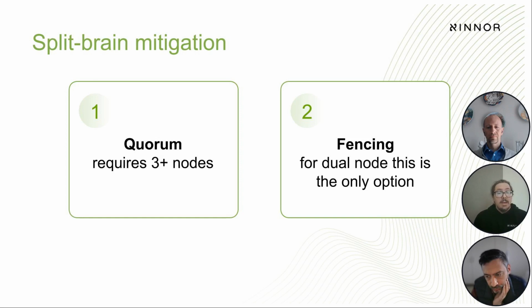While fencing can be applied for a two-node configuration, which is very common for storage systems, it requires some additional complexity in your cluster, such as fencing agents and sometimes additional hardware network connections in other